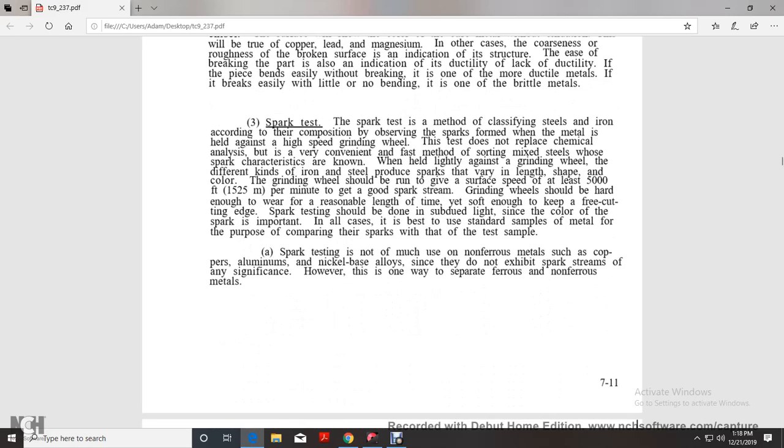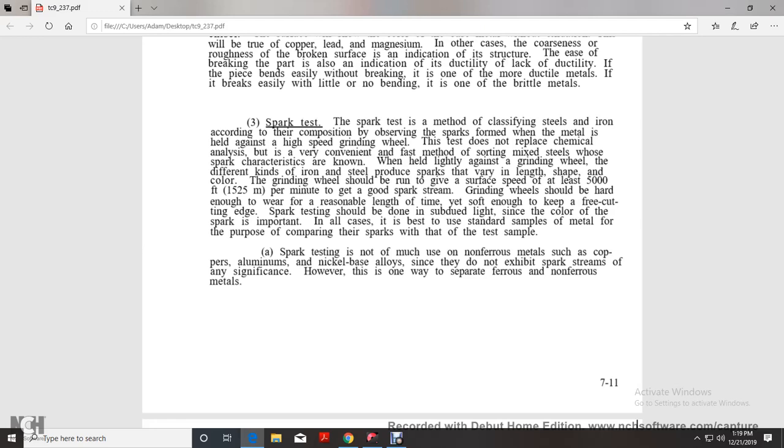Spark test. The spark test is a method of classifying steel and iron according to composition by observing the sparks formed when the metal is held against a high speed grinding wheel. The test does not replace chemical analysis, but it is a very convenient, fast method of sorting mixed steel whose spark characteristics are known. When held lightly against the grinding wheel, the different kinds of iron and steel produce sparks varying in length,